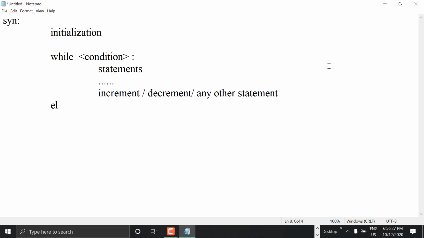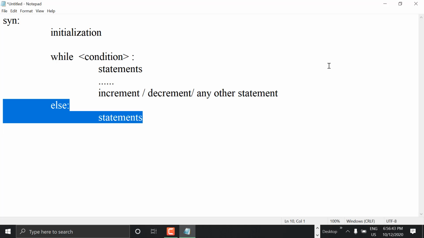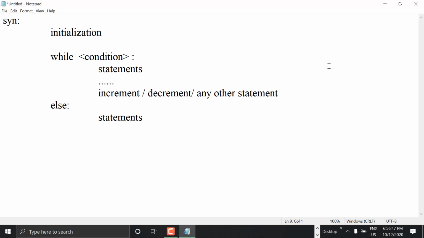Okay. So the extra thing which is added to the while loop in Python is else. This else part will be there only for if condition in C, C++, Java, whereas in Python, it is there for the while loop and for loop. Excuse me. Okay. How to use this else part with while, I'll tell you later. First, let's start without the else block. Then we'll go for else later.